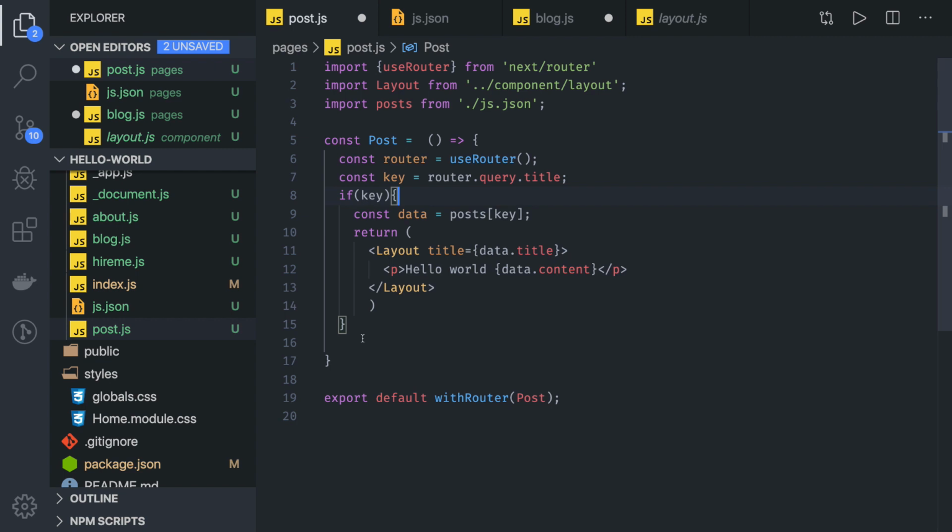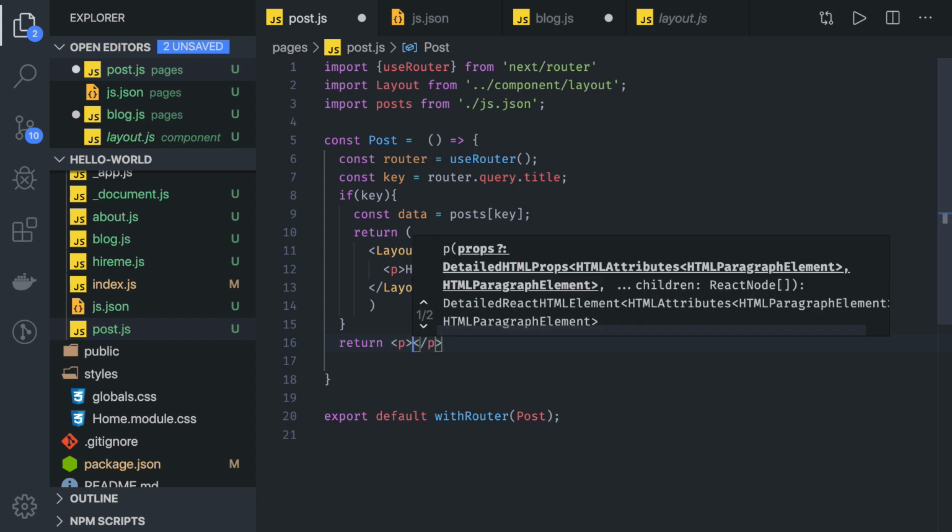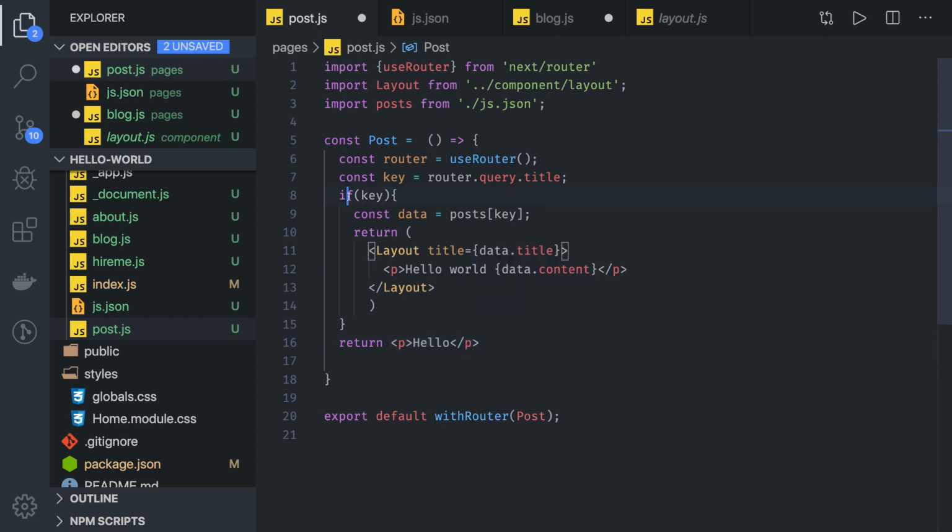Right? If we don't have a key, and you're not able to return anything, then just return a simple paragraph tag. You can return anything, whatever you want. So this is how you can actually pass the query parameter,